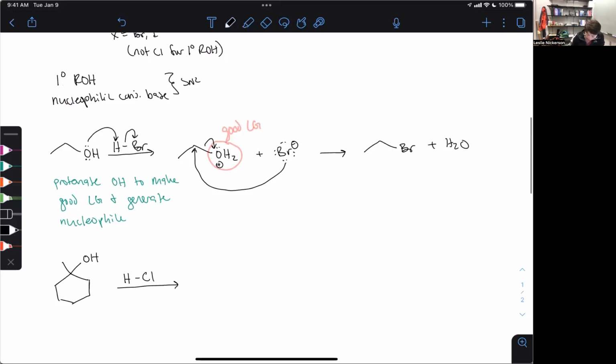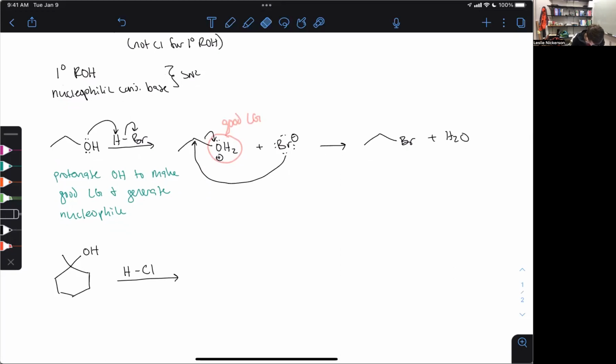For a tertiary alcohol, in this situation, we can use chloride. So we can use hydrochloric acid as well. We're going to substitute that in